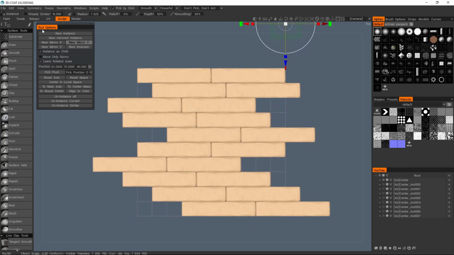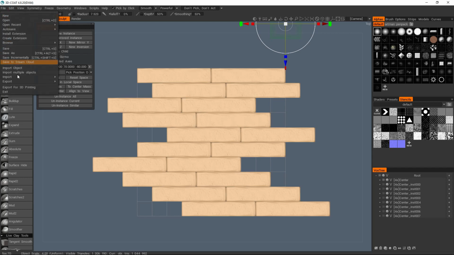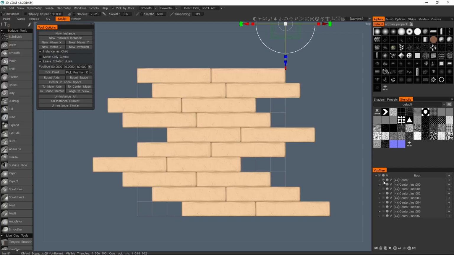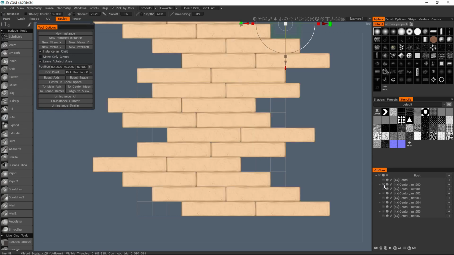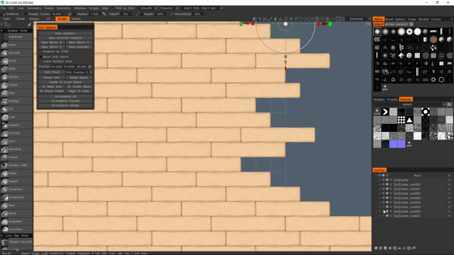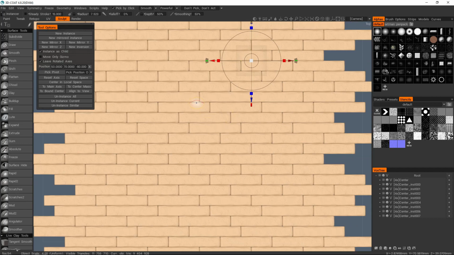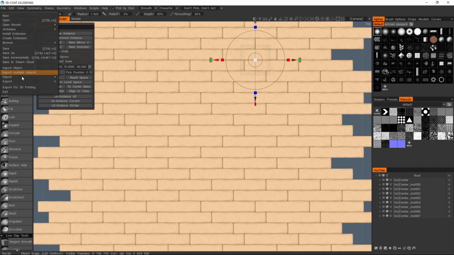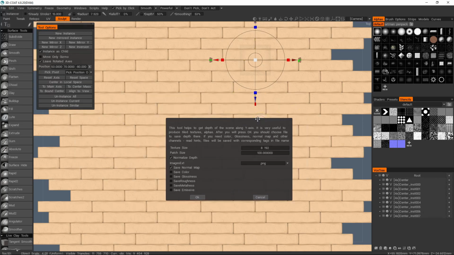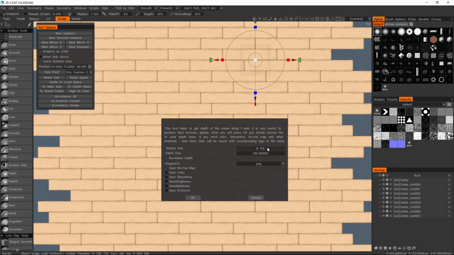So what I'm going to do is go to File. Well, first I'm going to make sure everything is enabled, because it will essentially project an image from the front. We want to make sure that we're seeing everything, because if I had other layers hidden, then we'd get gaps, obviously. So yeah, export depth along Y, and I tend to bake pretty high,